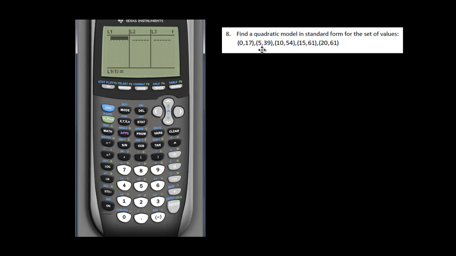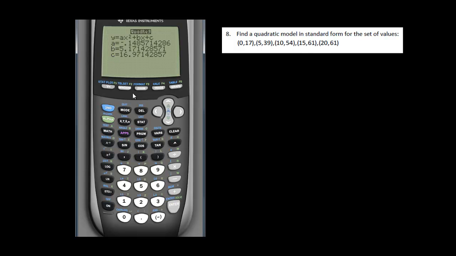And let's plug in the x values: 0, 5, 10, 15, 20. For L2, we're going to have 17, 39, 54, 61, and 61. So hit Stat, go over to Calc, 5, go down to Calculate, Enter, and you have your